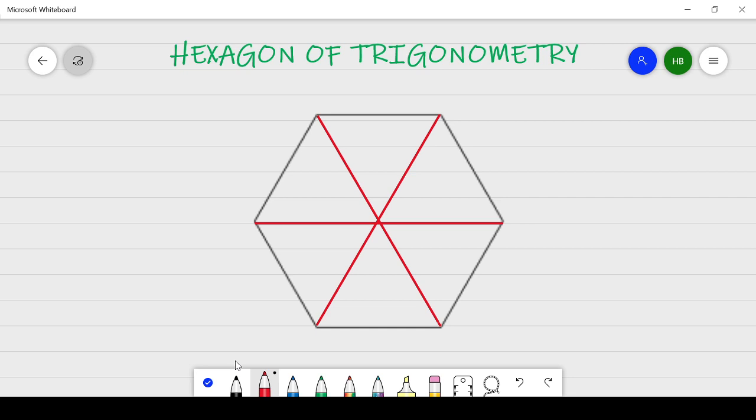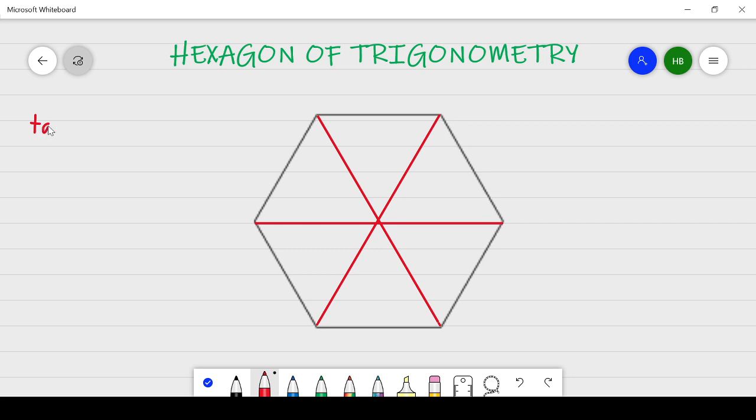I already drew a hexagon, and a hexagon is basically a polygon that has 6 sides. Obviously, why is it a hexagon? Because the 6 sides represent the 6 basic trigonometric functions. So here are the steps, guys. Number 1, of course, draw the hexagon. I've drawn it already. Second is join its opposite vertices. I've connected them too, and I created diagonals, of course, and we're going to start with this never-ending tangent